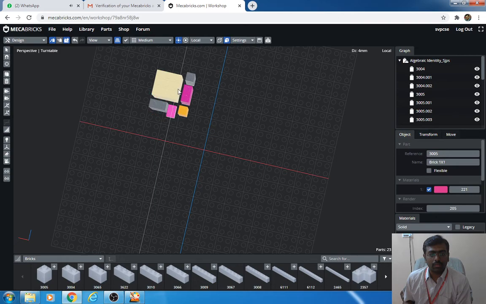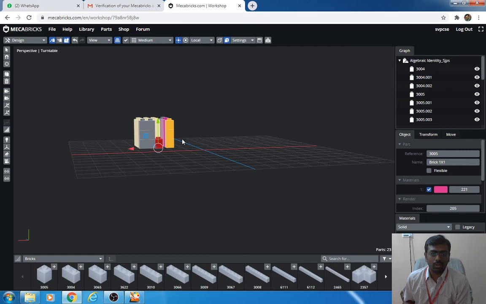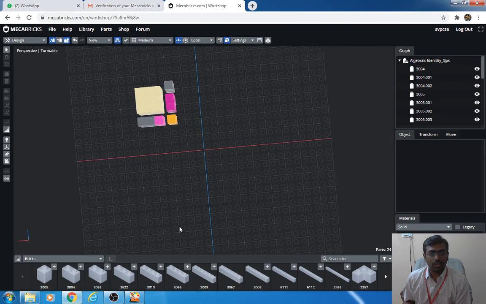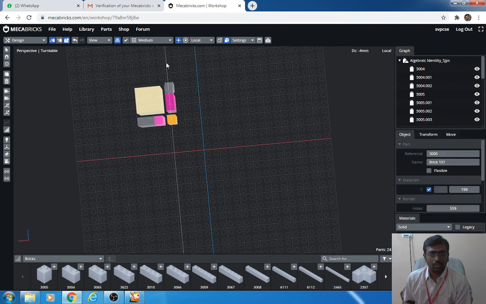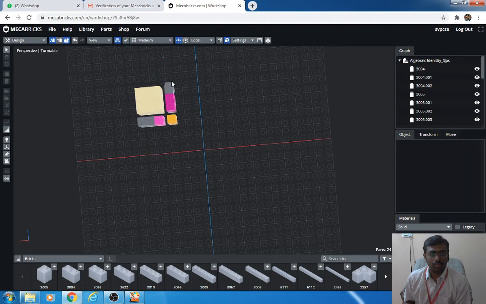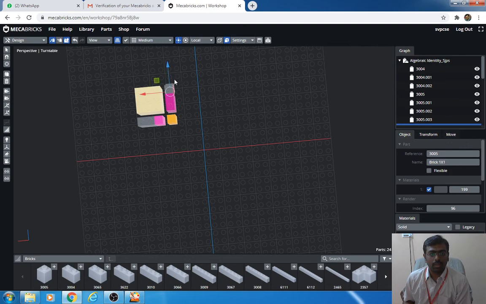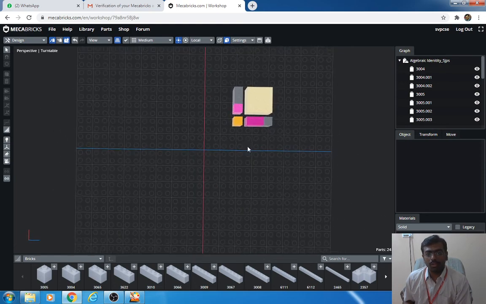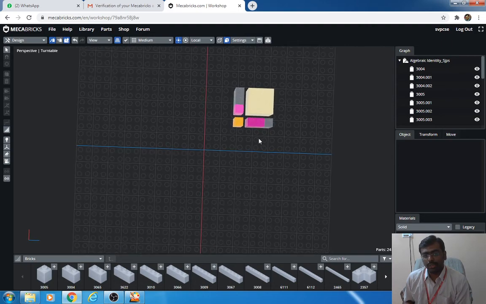You can drag it. Yes, you can check whether you have placed it in an appropriate position. Again, clone this. Yes, you can see now. The second cube, for a better understanding, I have placed it separately. If you form all this together, you will get the a plus b cube.